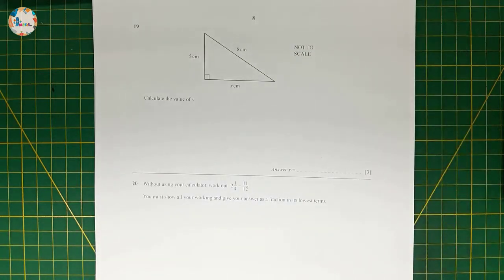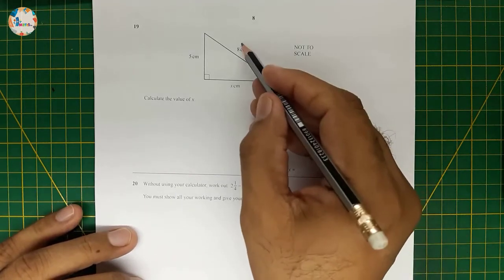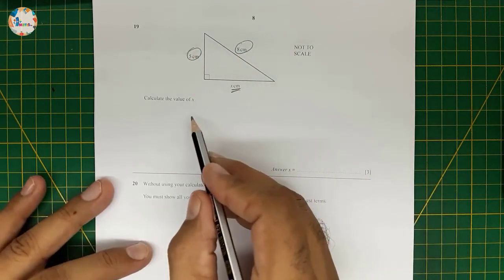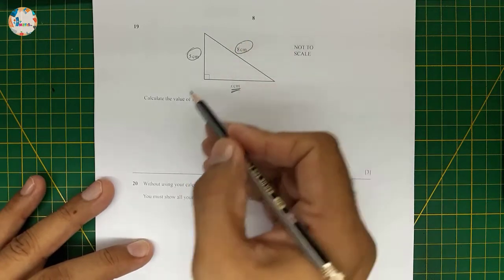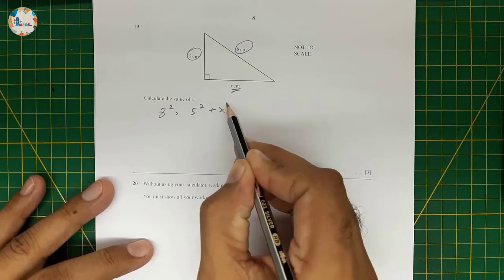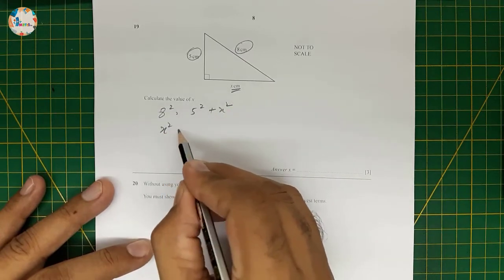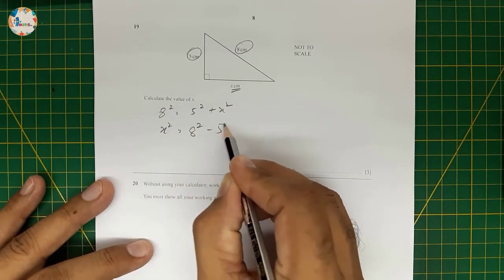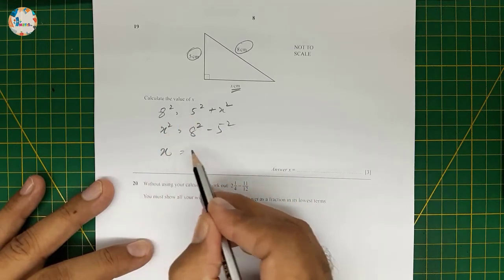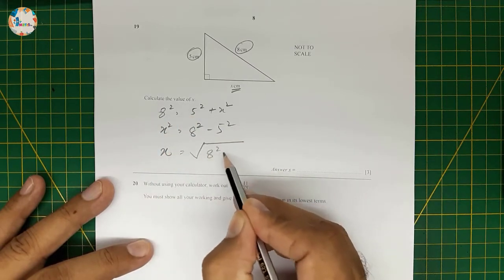Question number 19. They have provided the triangle and two sides are provided. We have to find this side, which is x. So Pythagoras theorem: 8 squared is equal to 5 squared plus x squared. So x squared will be equal to 8 squared minus 5 squared. This one we have shifted to the other side, so x will be equal to root of 8 squared minus 5